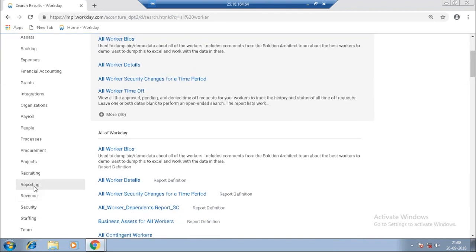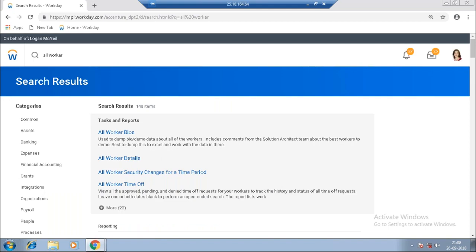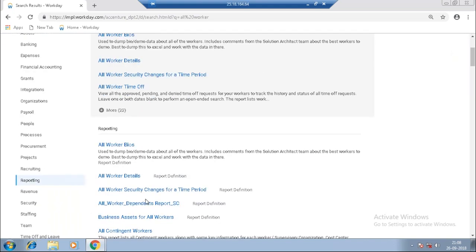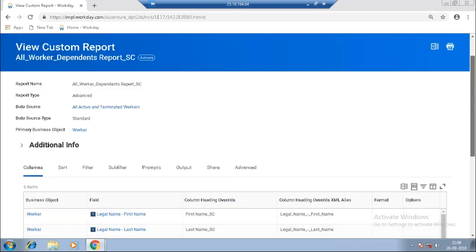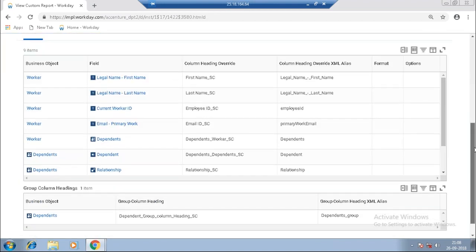You might have used the calculated field thing. Yeah, all worker dependents. So this is the one, right? Yeah. So if you just run the report,